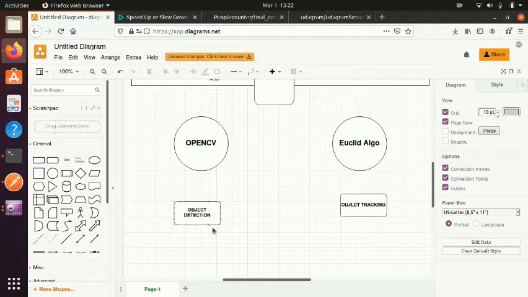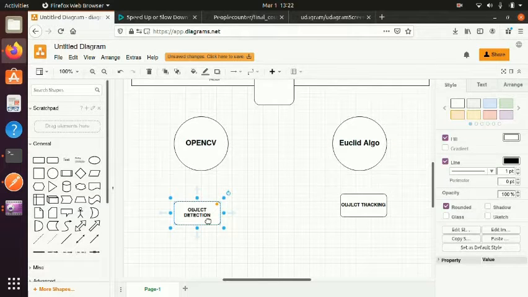And object tracking is when the same object is located in a different position in the next frame, and then in a different position in the next frame. That means the object is moving. The idea to track a moving object comes under object tracking.